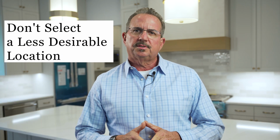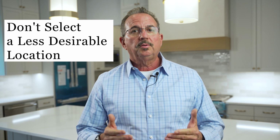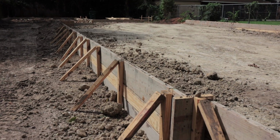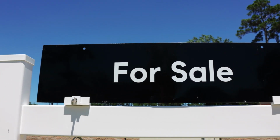Don't select a less desirable location for your home because it will save you money. A poor location will always be a poor location, and you might live to regret it if you make this mistake. A luxurious home in a less desirable location will surely negatively impact the resale value or make it harder